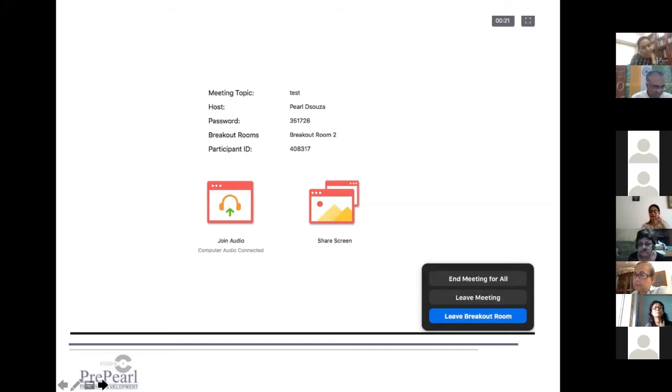On your right hand side, right down, there is an option that says leave breakout room. When you click on that, you will come back into the main room, and then again you can choose if you want to get into any other breakout room. Again, you join breakout room 2 or 3, whichever you want to join. Talk to them and then magically disappear by just saying leave breakout room. Okay, it's as simple as that.